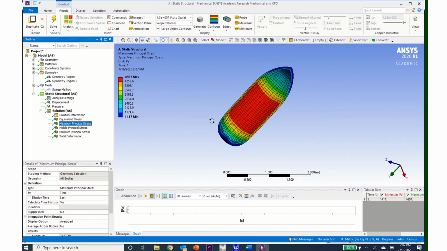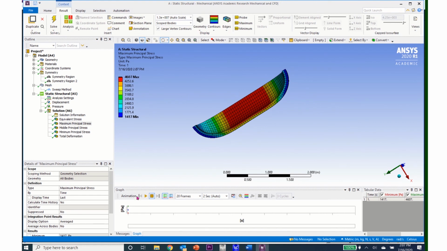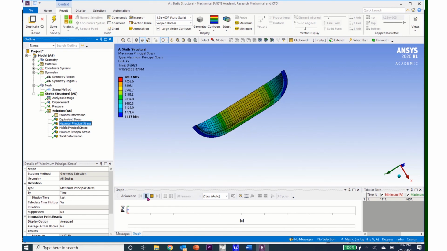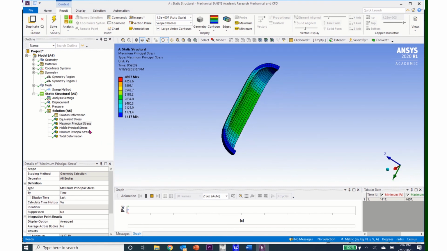I can watch this stress propagate if I click on maximum principal stress and come down to animation and click play. I can see how that principal stress propagates through as the load is increased. I can also do this for the other stresses and for the deflections. I hope this tutorial has helped you see how to use symmetric boundary conditions and understand better the principal stresses in cylindrical